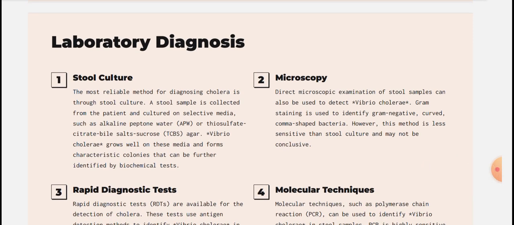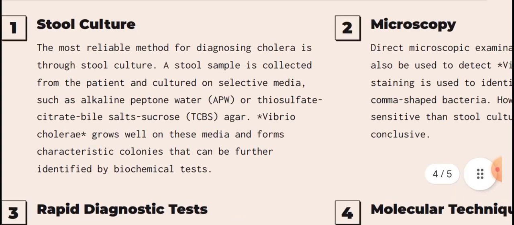And how is it diagnosed in the laboratory? First one is stool culture, right? The sample is collected from the patient and it is cultured on selective media called alkaline peptone water, right? Alkaline peptone water or thiosulfate, citrate, bile salt, sucrose agar, which is called TCBS agar, right? So these nutrient media support the growth of Vibrio cholerae, which is further identified by carrying out various biochemical